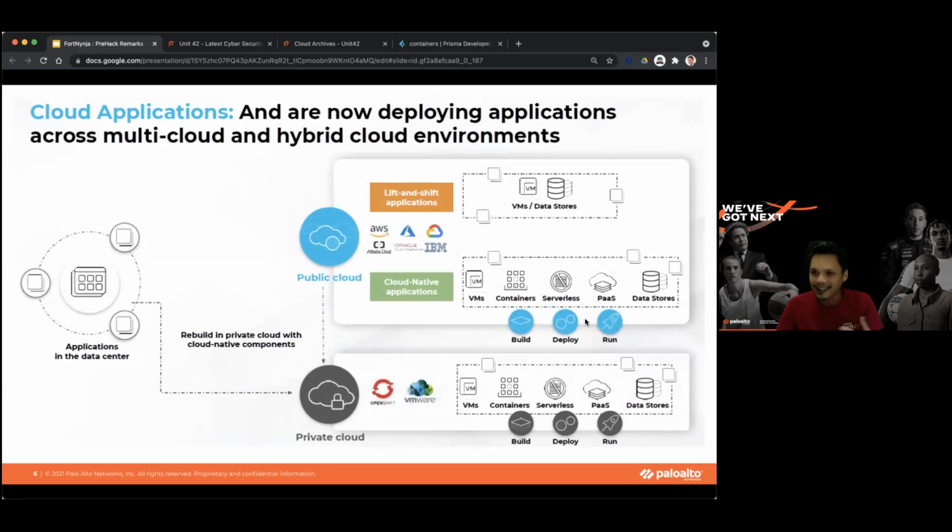And guess what? The data center guys, or some organizations, want to get in on the action as well, right? They don't want to just be running legacy applications. They want to modernize the applications, hence this term, application modernization. Re-looking at the applications, do they have an opportunity now to modernize the application to container-based, serverless-based technologies, yet still run it in a private cloud environment, right?